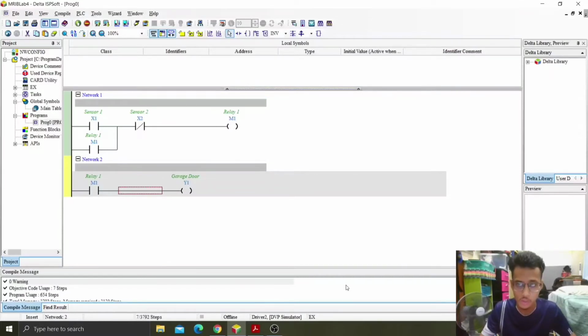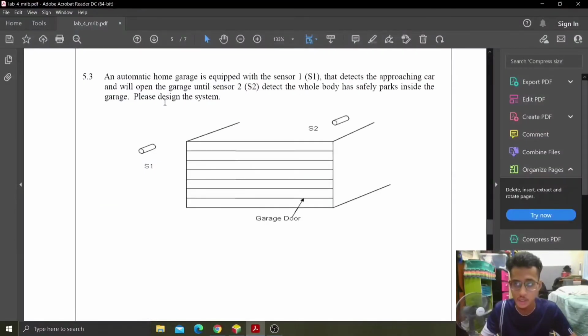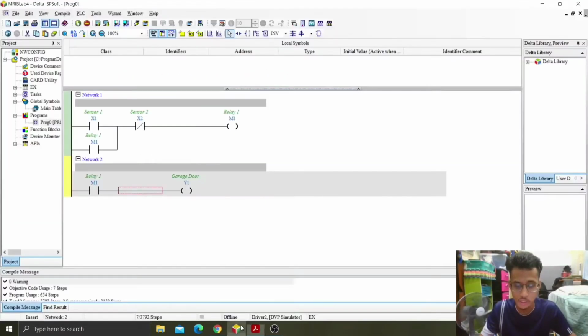Today I will continue the video presentation about Lab 4, which is question 5.3. We are required to build two sensors to build the garage door. So this is the ladder diagram that I built. It has two sensors and this is the garage door. Now we are going to run the simulation, and before that we must